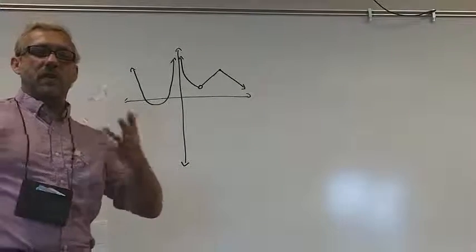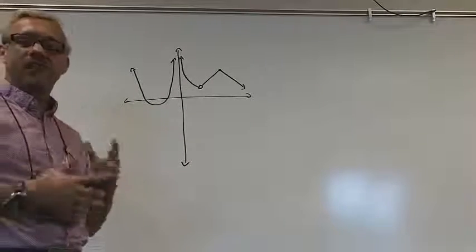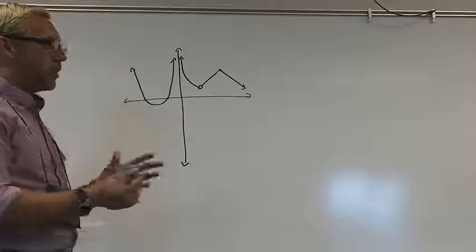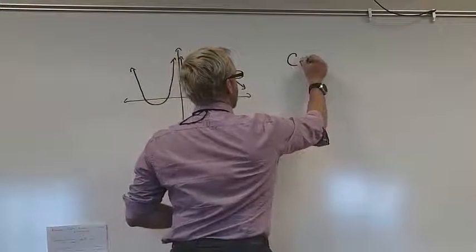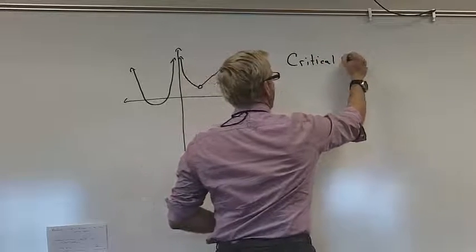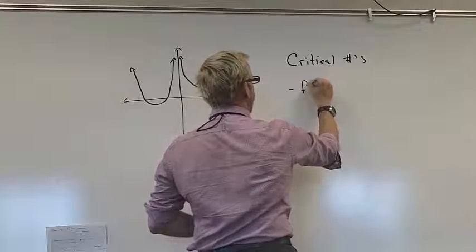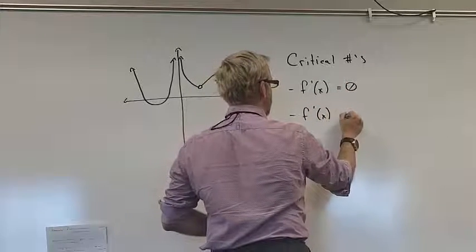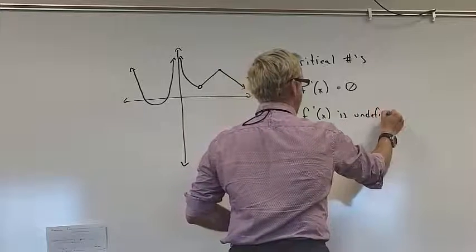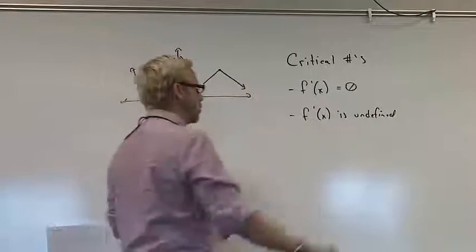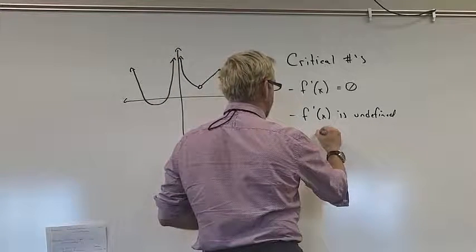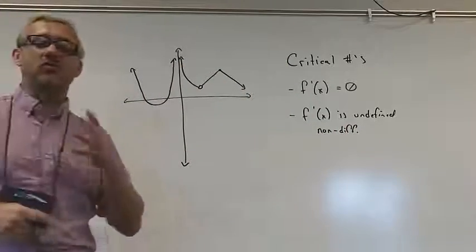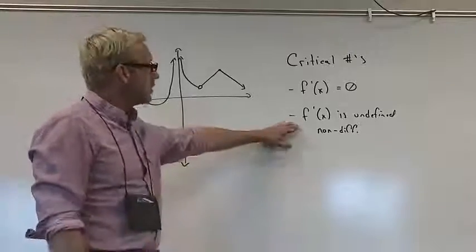So first of all, we want to talk about, as a refresher, the idea of finding extremas on a closed interval, and in particular the idea of critical numbers. So critical numbers come from two places. They come from when f prime of x equals 0, or when f prime of x is undefined. Sometimes the second one is worded as non-differentiable. So our function doesn't have a derivative at that point, which means f prime of